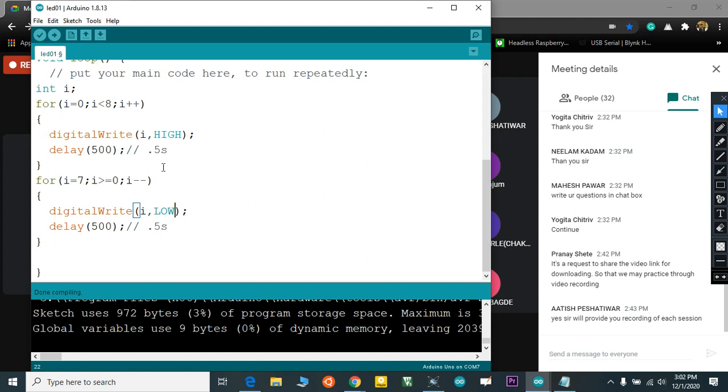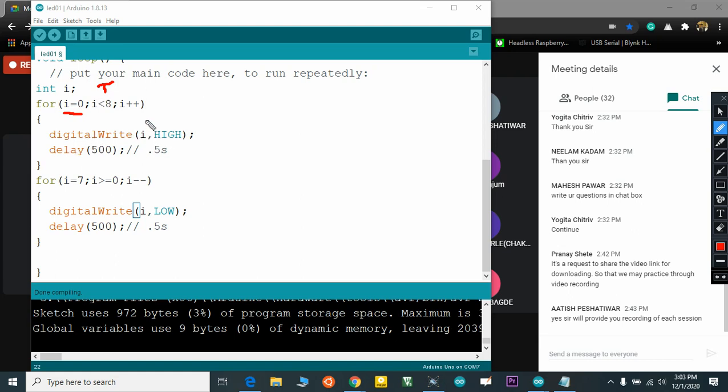See, here for I equal to 0, I less than 8. First we initialize I, which is a variable. Then we check the condition, the value of I less than 8. The condition is true. So digital write I high.